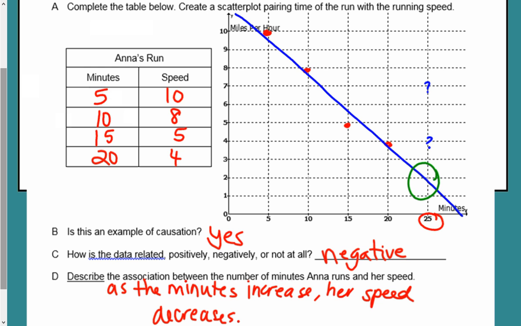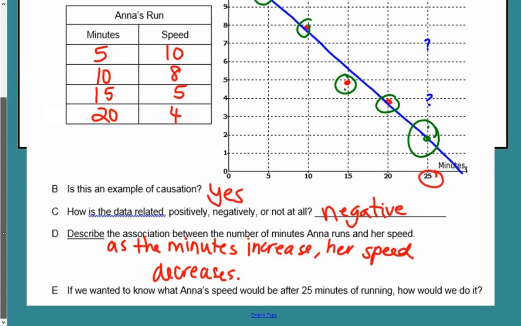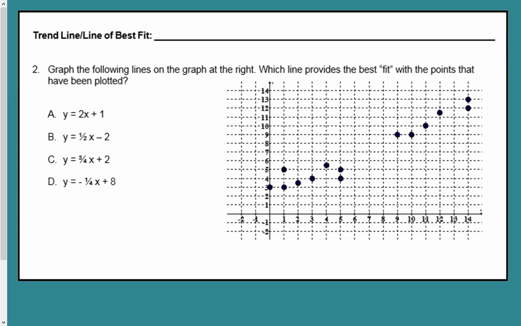Maybe it would be right here at 2, right? Might be a little bit above, a little bit below, because again, these points over here are not in a perfect line. These points have not followed a perfect linear function, but they are generally trending in a straight line in a negative direction. So to answer the question, how would we figure out the 25 minutes? We would create a trend line, which again, you typically just do naturally with your eyes, but there is a mathematical way of doing so. So a trend line is simply a linear function